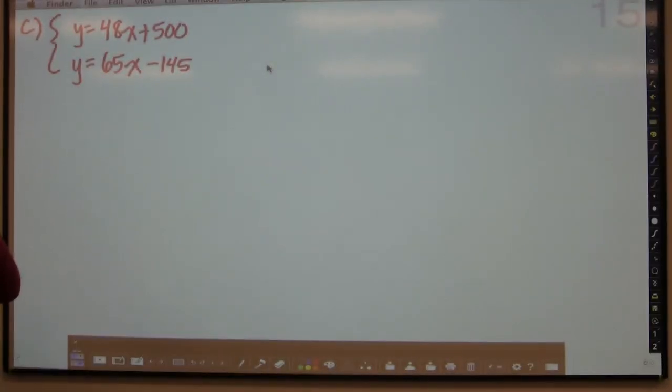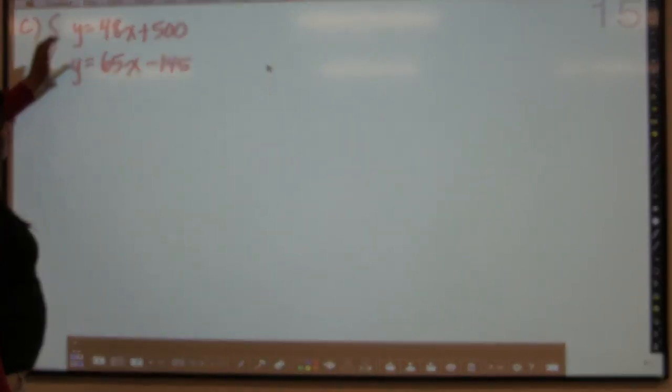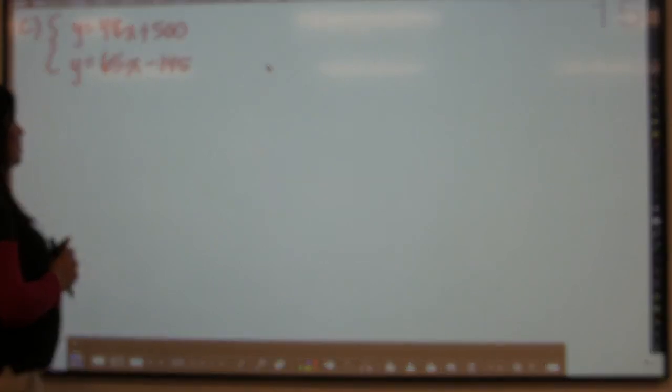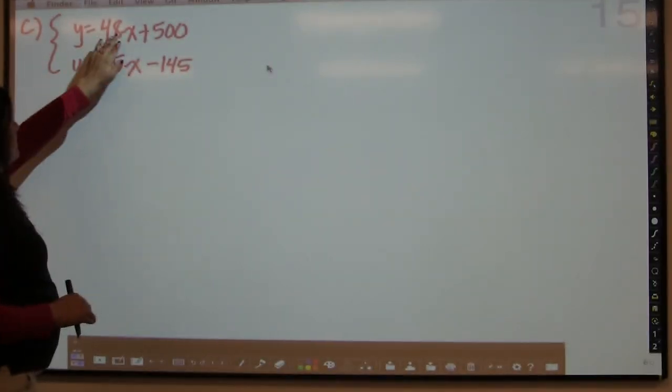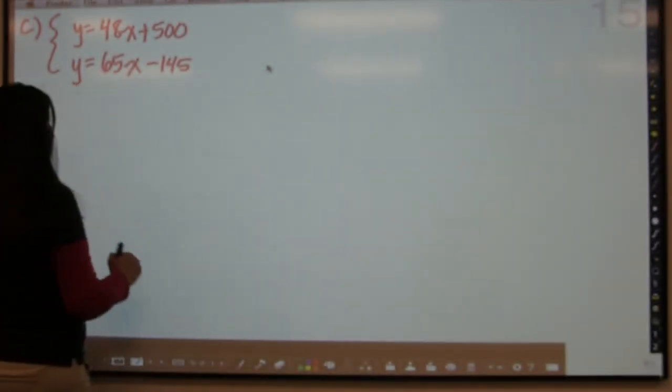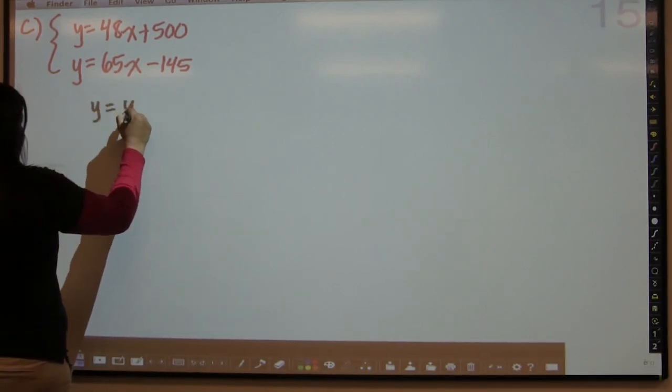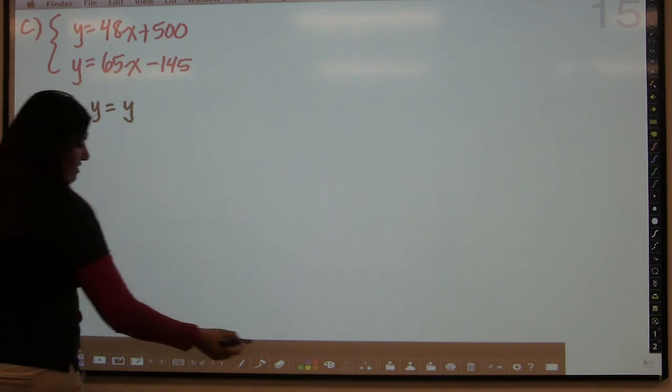But basically what we have here is a cost equation, and we have an income equation. So one of these equations represents how much he's spending, and this one is how much he's making. And he wants to know when he's going to break even, so he wants to know when they're going to equal each other. But we can actually solve this by using substitution, because we know that y equals this, and at the same time y equals this. And since y has to equal itself, even though this is actually very simple to do, a lot of times students will confuse it. Y has to equal y, which means that